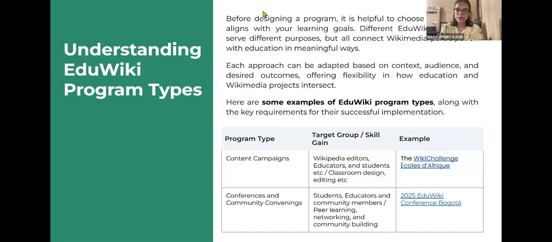The second segment here is content campaigns. These can include classroom assignments. We can generally call it the edit for credit model, because when teachers run editathons with students, if you're contributing your assignments on Wikipedia, they generally get credits for that.